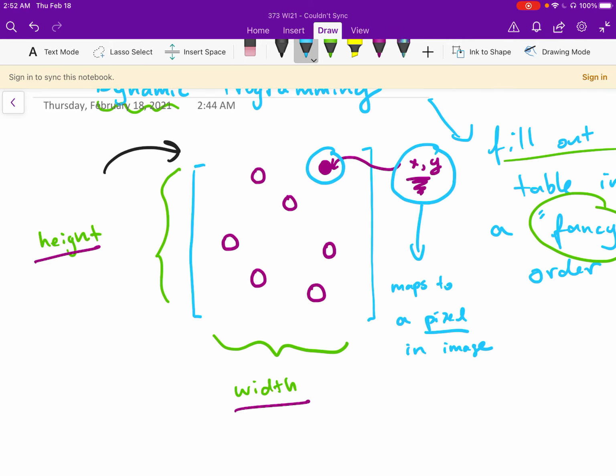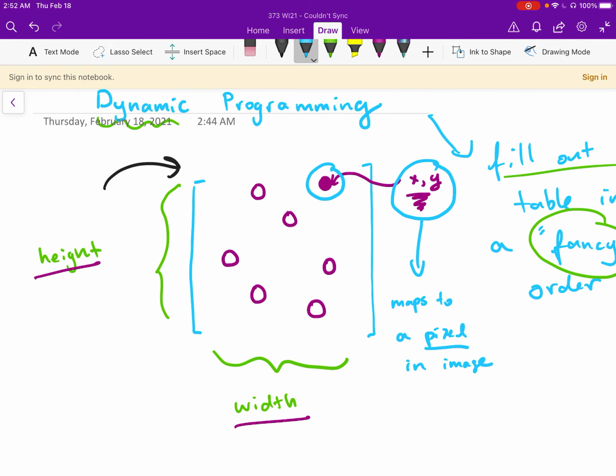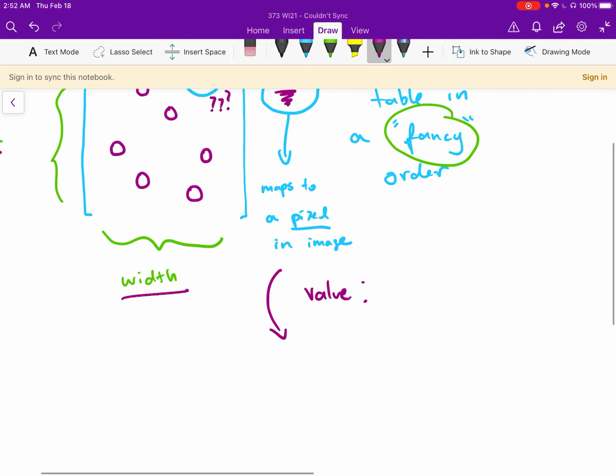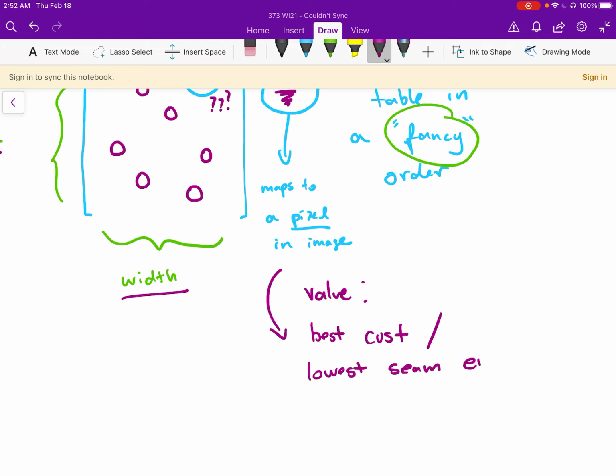Okay, so every coordinate in this DP table maps directly to a coordinate or a pixel in the image. But what does the number here actually represent? What is that value? It turns out that the value, and stay with me because this is going to get kind of intense, is the best cost. Another way to say that is the lowest seam energy to reach that pixel